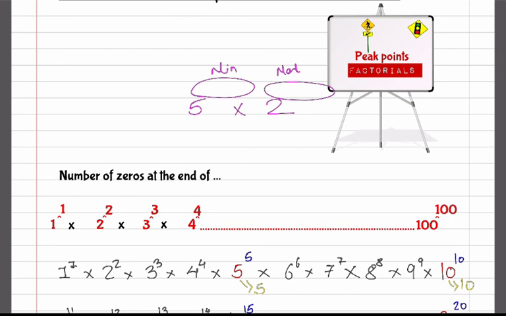So what will I do? I will not find the power of 2. I will just find the power of 5 here, because that will give me the number of zeros in it. So let's find out what is the maximum power of 5 that I can get at the end of